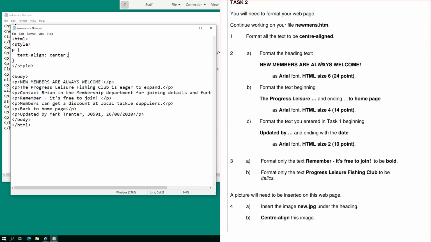Now, we need to look at some more formatting. It's telling us that the heading text should be Arial font in size 6 or 24 point, and the rest of the text from the Progress Leisure Centre, Progress Leisure Fishery Club, down to homepage needs to be also Arial and in 14 points, and then the very last line is going to be Arial again, but 10 points. So,